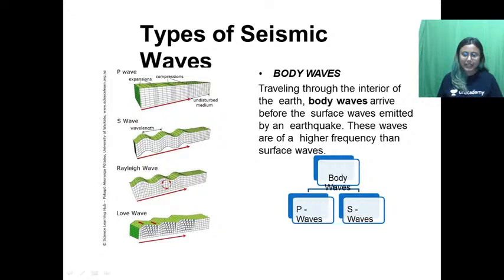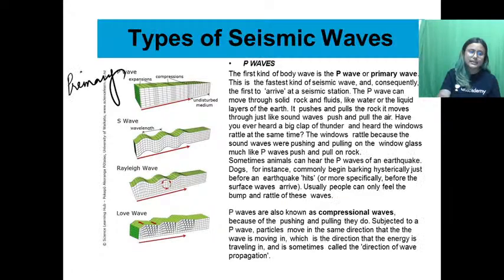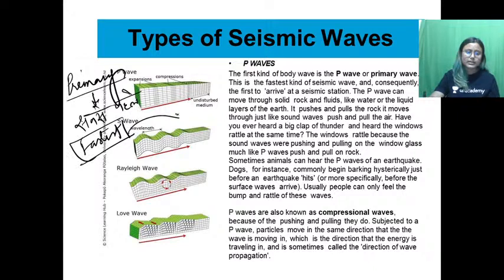It is also known as the primary wave. Now what is a primary wave? As the name itself suggests, primary means first, right? First, primary or fastest. The waves which are the fastest and are the first ones to arrive at the seismic stations, the labs which are set up on the surface of the earth to record these waves. So the first wave that is recorded on the seismograph is the P wave, or the primary wave. They are the fastest kind of body wave. They arrive at the seismic station first, and also a very important characteristic is